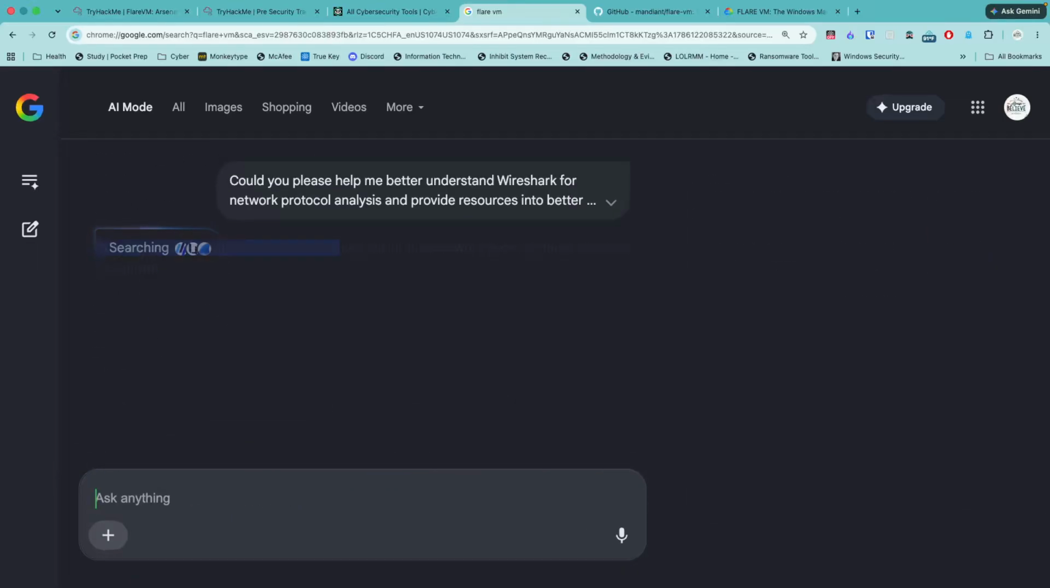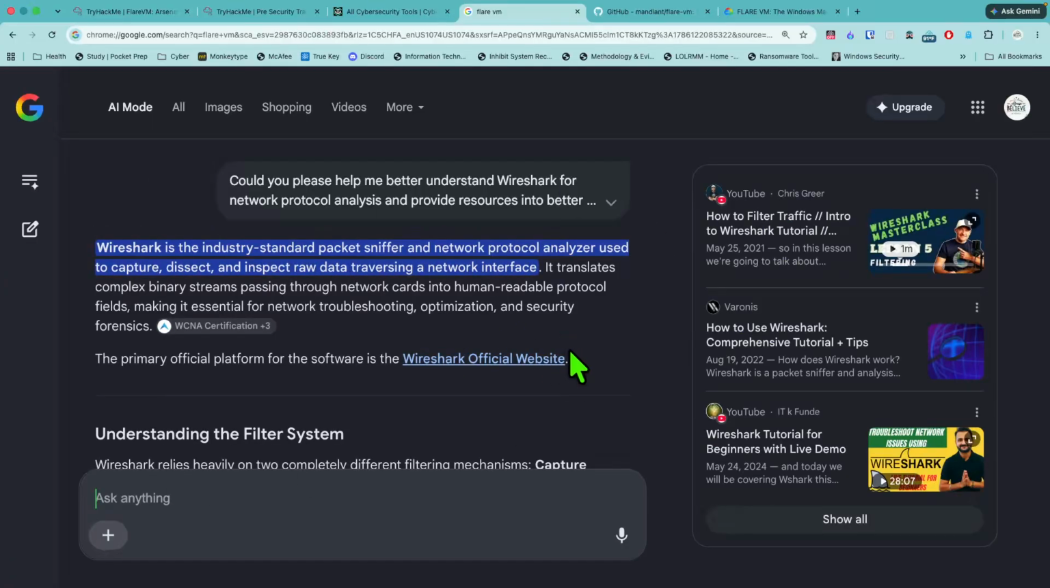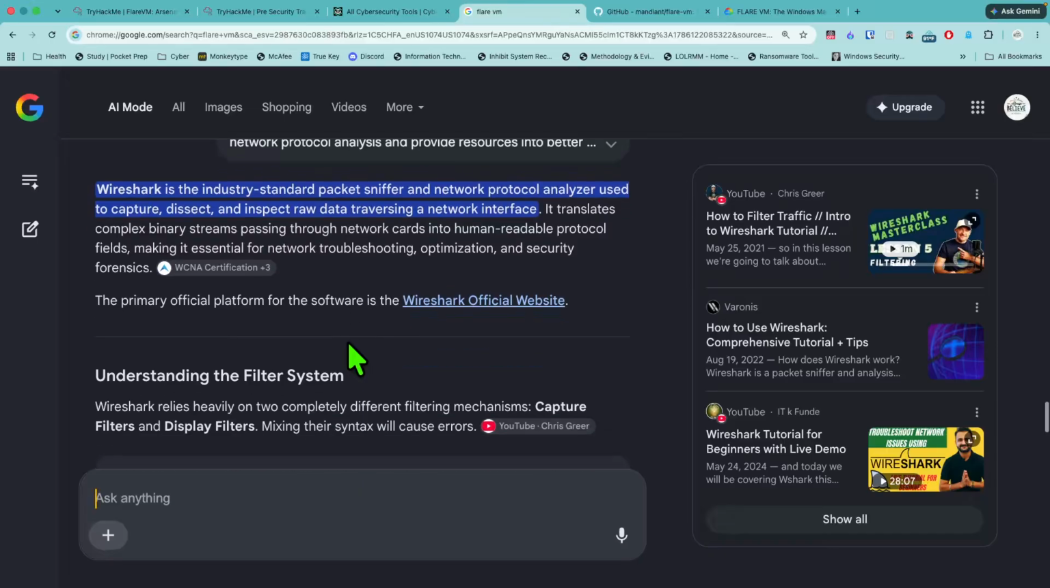Yes, Wireshark does have a certification, which is awesome. Wireshark is the industry standard packet sniffer and network protocol analyzer used to capture, dissect, and inspect raw data traversing a network interface. It translates complex binary streams passing through network cards into human-readable protocol fields, making it essential for network troubleshooting, optimization,